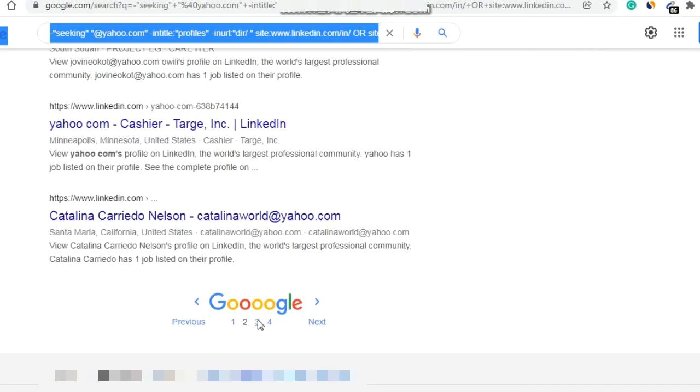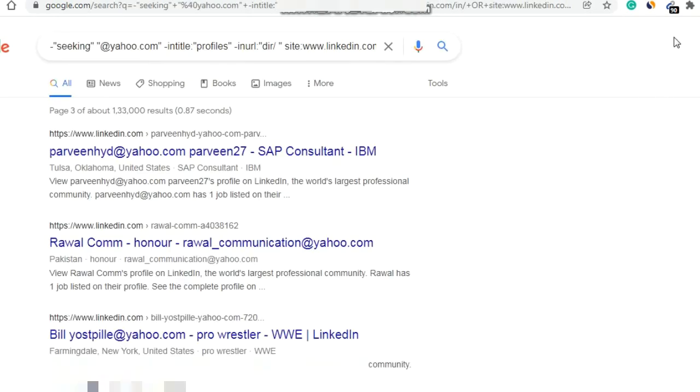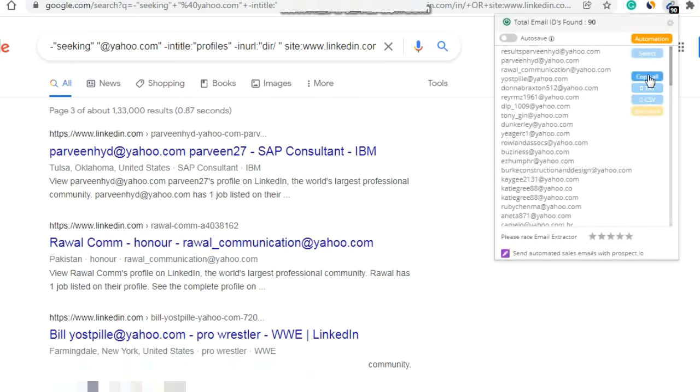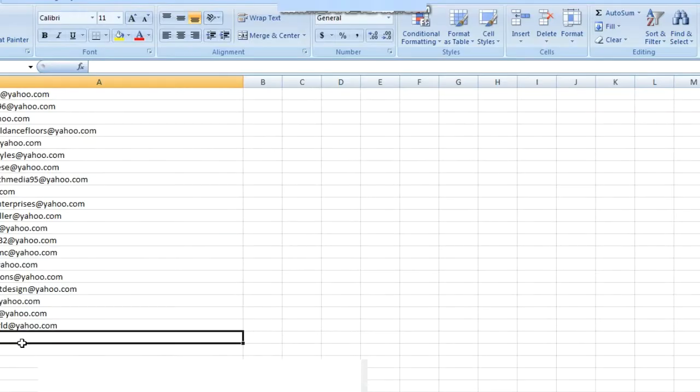Page number 3. It's showing 50 emails. Click here, copy all. Okay, at first select and copy all, and then paste again.